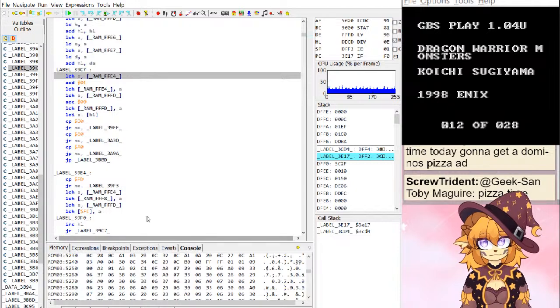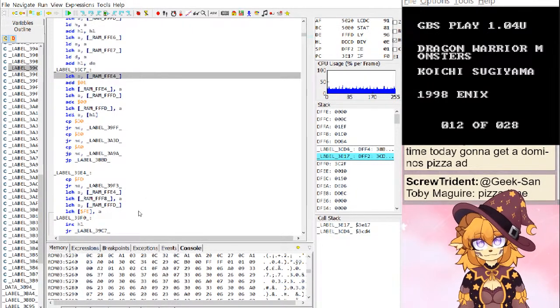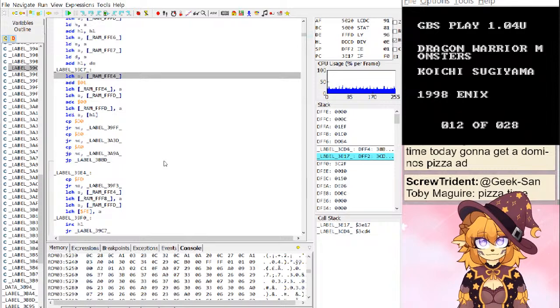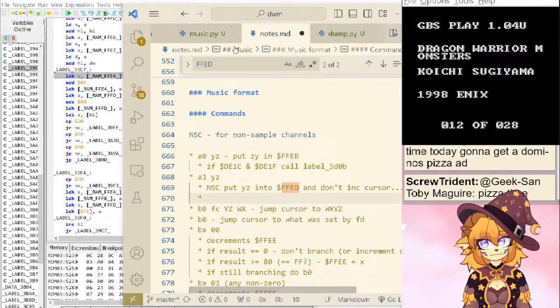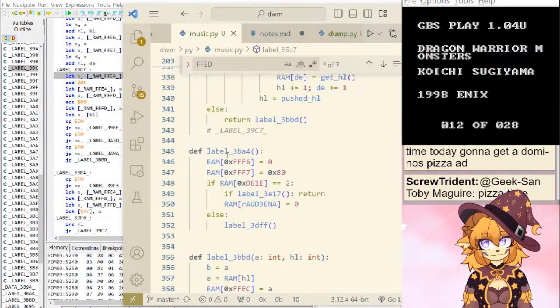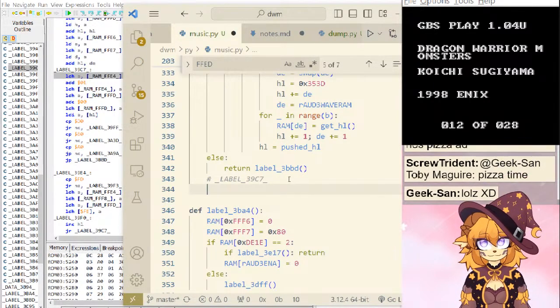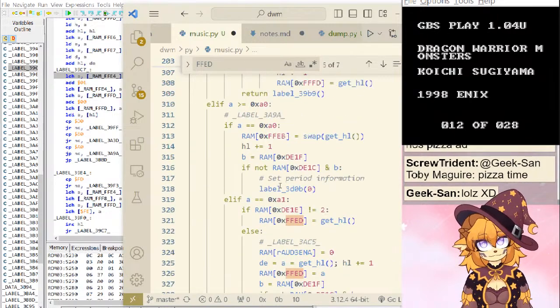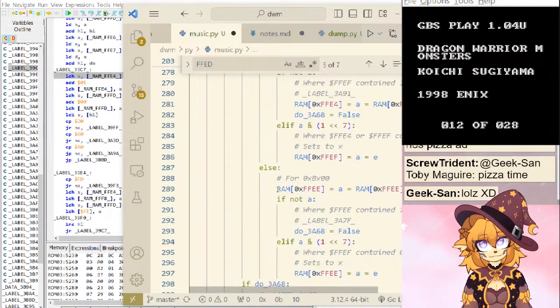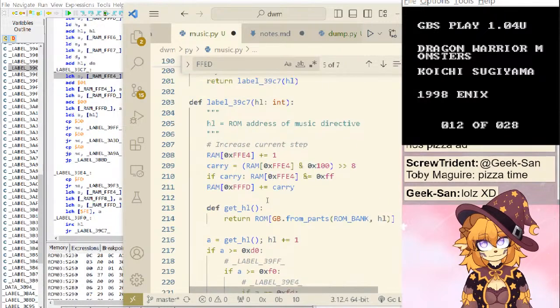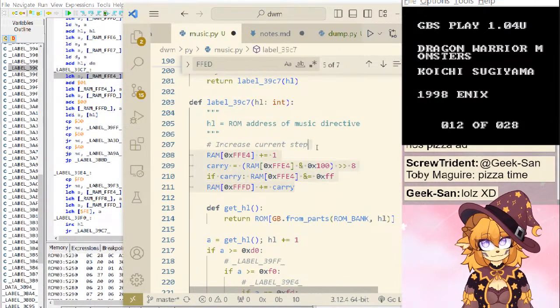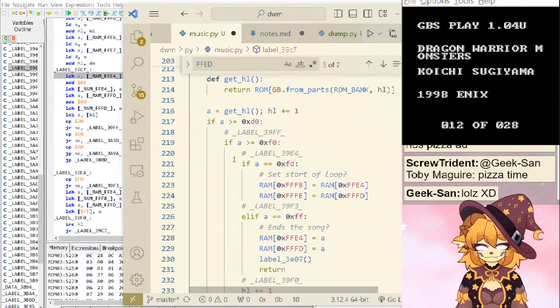That said, oh, I never finished this. I see, I see. Not that it's not obvious what it does, but oh, 3927, never mind, that's the start, that's why.